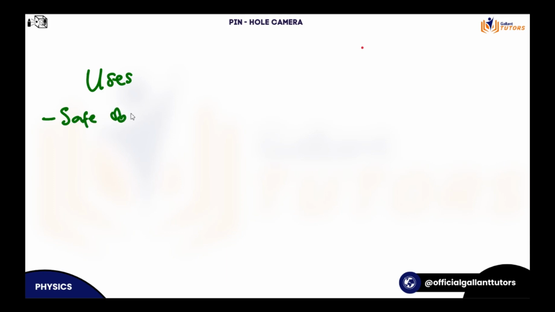For safe observation of the solar eclipse. That's one of the main functions. We can't look at the sun directly. So this is actually used for safe observation of the solar eclipse, and it kind of makes sense because